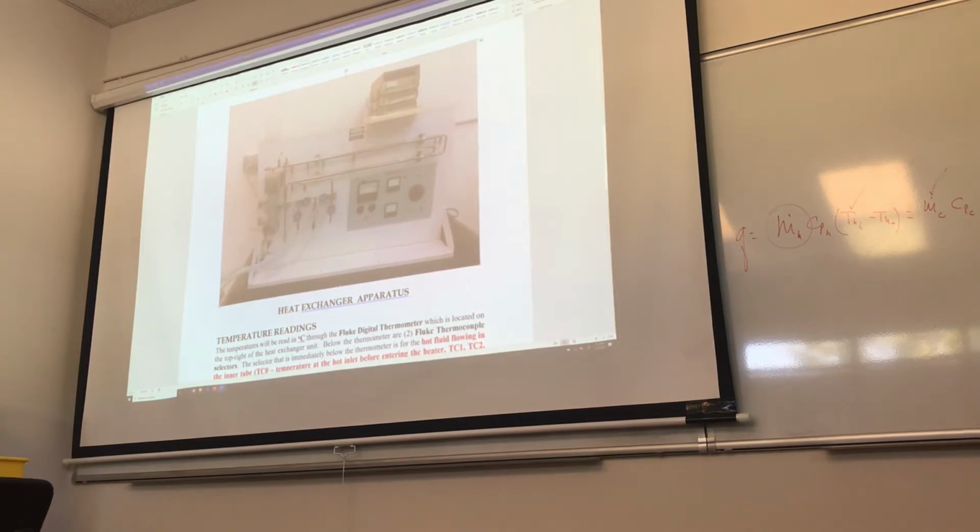Now the cold fluid is going to run in this direction, come back in here. You probably see that it's running exactly in the same path as the hot fluid. That means it's parallel flow. Then what happens? You come in here, and then we come back in here. The hot fluid comes out this way, the cold fluid comes out through here,